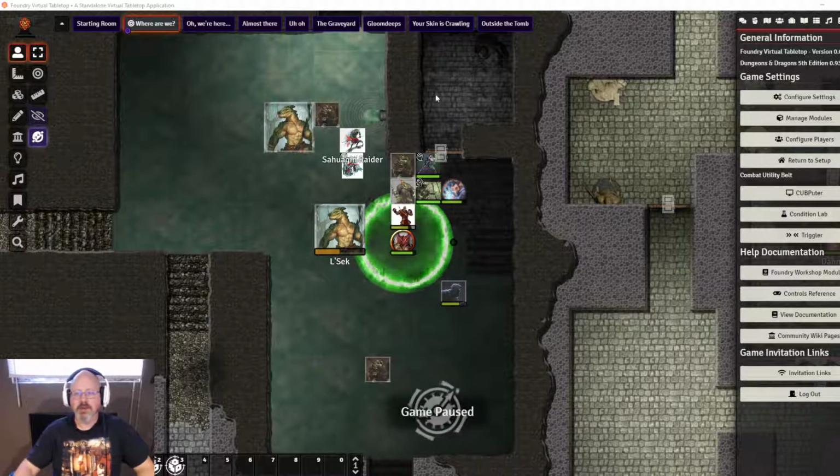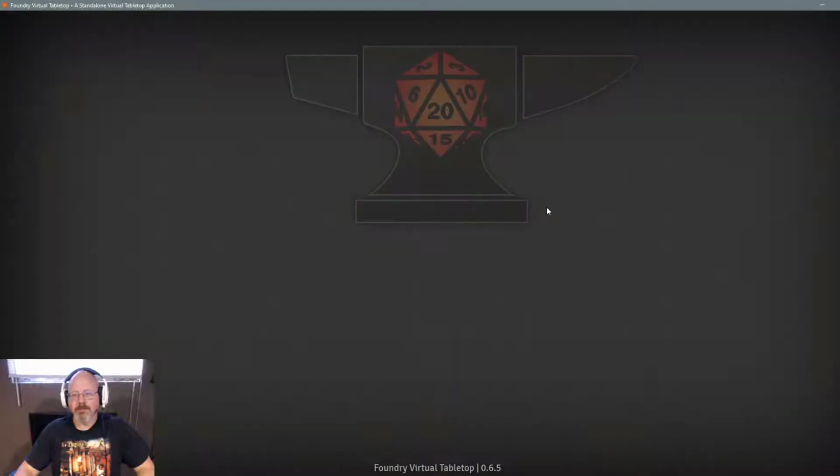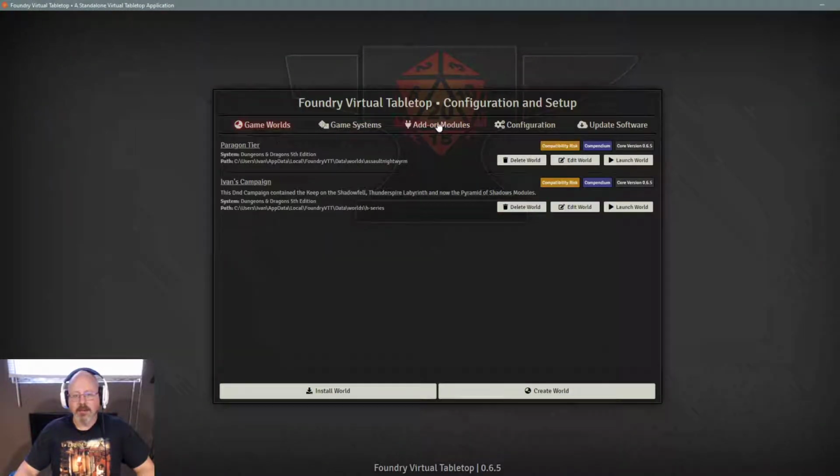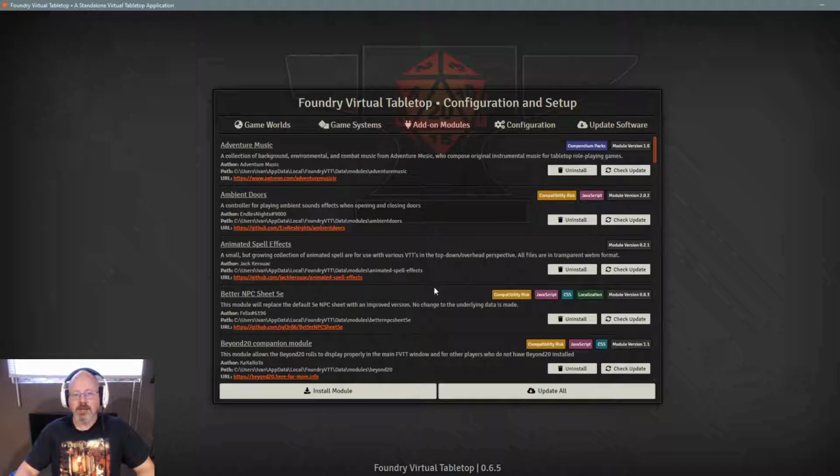So if you're in the main Foundry window, to get back to your modules, you have to click on Return to Setup. And up here, you'll see all of the different tabs for what you want to do. And to talk about modules, you'd go to Add-on Modules here. And this is where my list of modules are. So I'll quickly